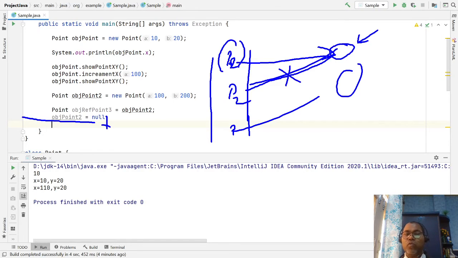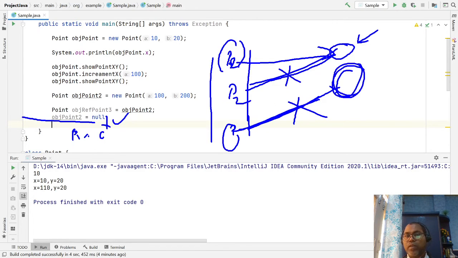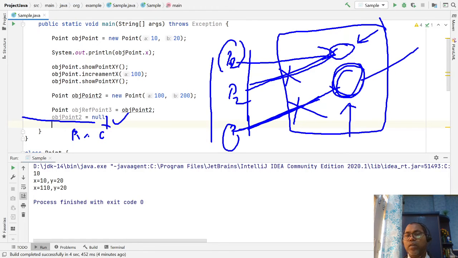So sometimes you don't want your reference variable to refer to an object, and then you have to assign null. And let's say I write point 1 equal to null, then this object is also not accessed by anyone. So in this case, if you assign point 1 equal to null, this object 1 is not accessible from anywhere. There is no reference anywhere. So in this case, the JVM automatically deletes and cleans up the object, since the particular object is not used by anyone.